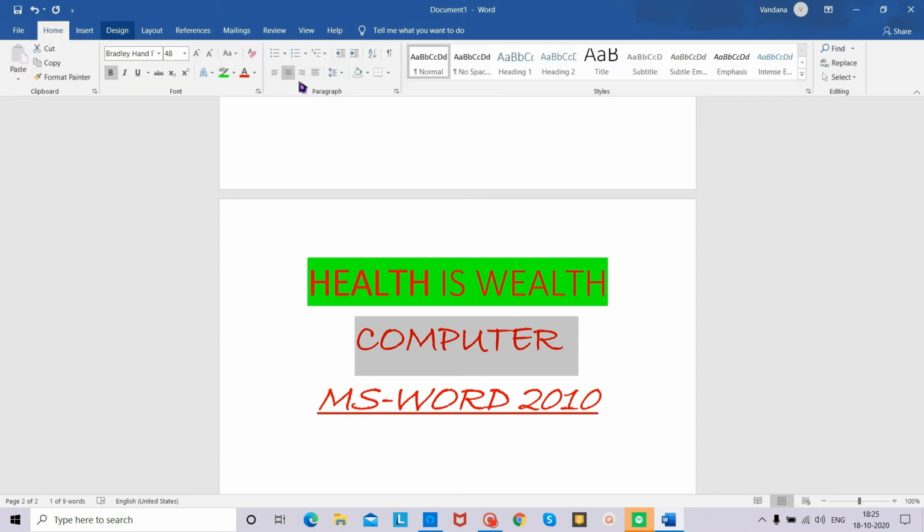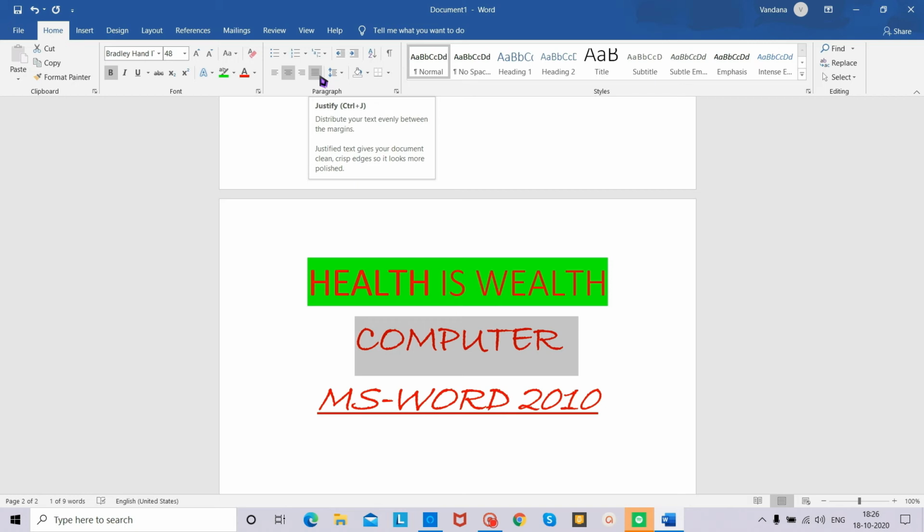So I will go to the Home tab, I will go to the paragraph group, and here alignment is there. This is left alignment, you can see. So I will make it left alignment, and I can make it right also, I can make it in the middle also, and this is for justify. Suppose you have written a paragraph and some margin is left at the right and left side. By clicking on justify alignment, all the text written in the paragraph will be aligned evenly from both sides, the left and the right.